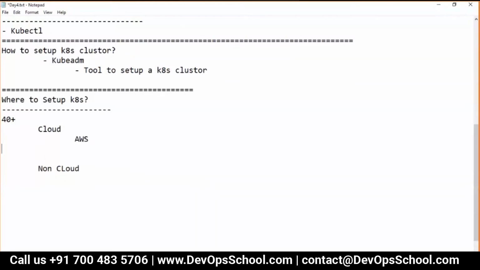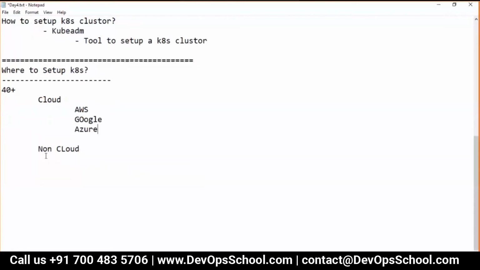You have to decide. When I say cloud based, here it's AWS, Google Cloud, and Azure. These are the popular ones, though there are so many others as well.